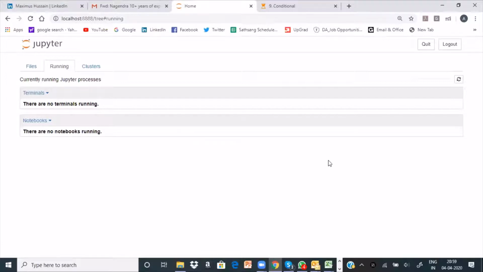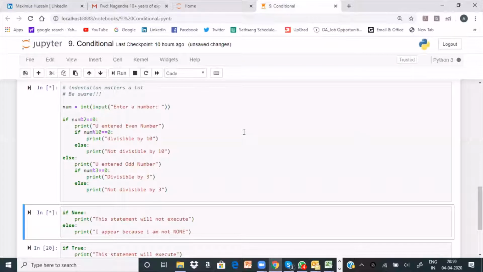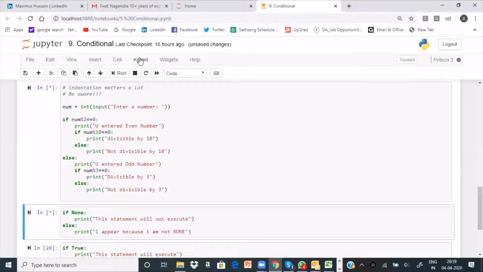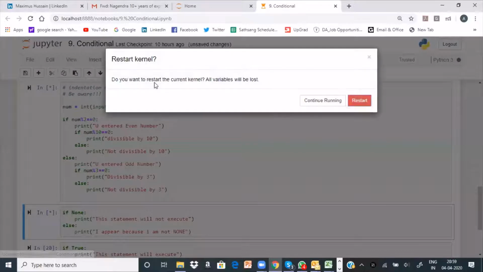See here, once I shut down, the kernel is not running anymore. Now if I come here, I'm not doing anything, I just opened it. I just run this. The system is not responding because your kernel is not working. So what you have to do is go to the kernel and restart.